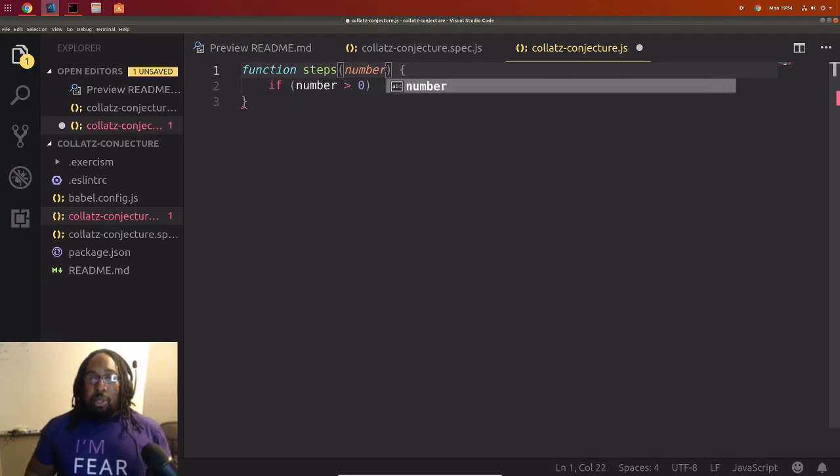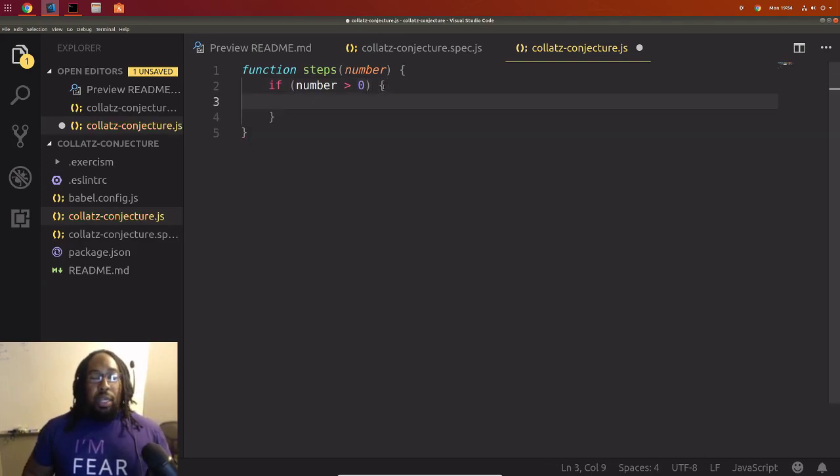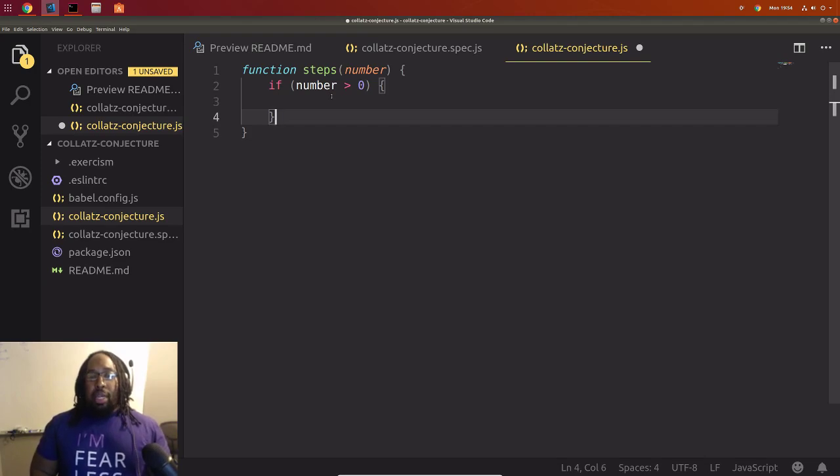But yeah, it's just a representation of the number that gets passed in. So if we pass in the number 10, this will get replaced by 10, and this will get replaced by 10. So we're going to check if it's greater than 0. And if it is, what do we want to do? If it is, we really don't need to do anything, honestly, because we kind of just want the program to continue. So we'll put that there.